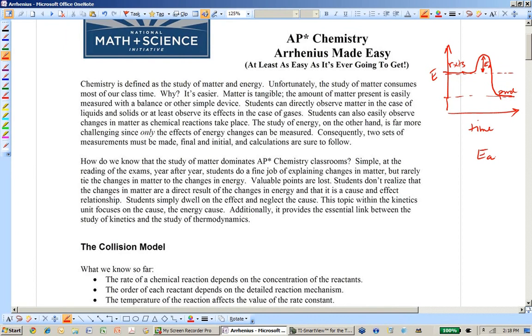So we're going to go through the very final part of the kinetics chapter. Yippee skippy, happy dance, happy dance. Congratulations for making it this far. And let's dive in. So this is titled AP Chemistry, Arrhenius Made Easy, or at least as easy as it's